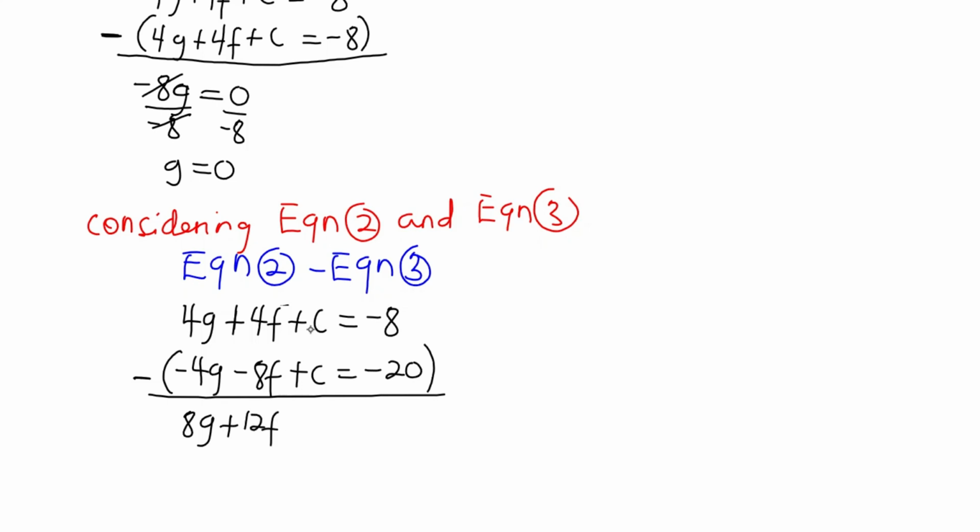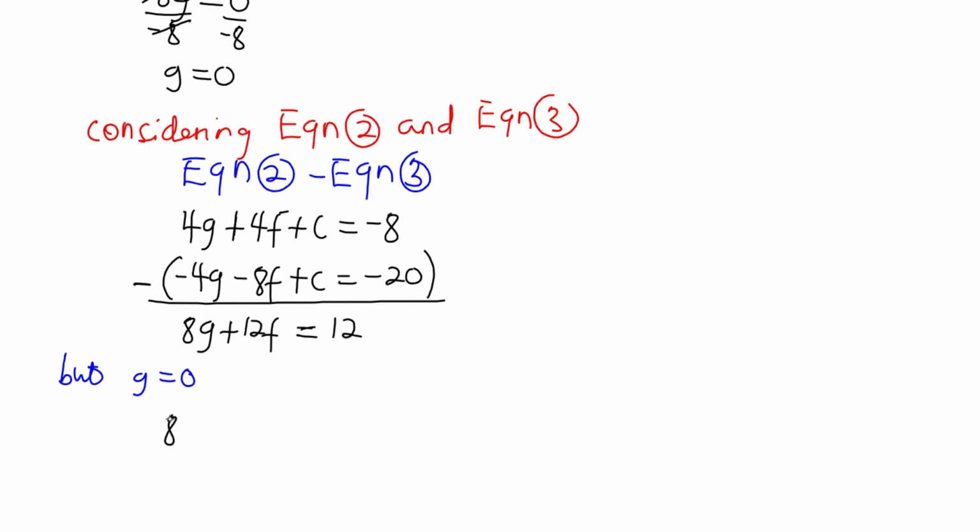And here we can see that C minus C gives us 0, which is equal to, here we can see that minus 8 minus 20 gives us 12. So we have this. Now, once we have this, it means that we can equally substitute the value of G into this, and then we can get the value of F easily. So we know that G is equal to 0. So when we substitute, then we are going to have,